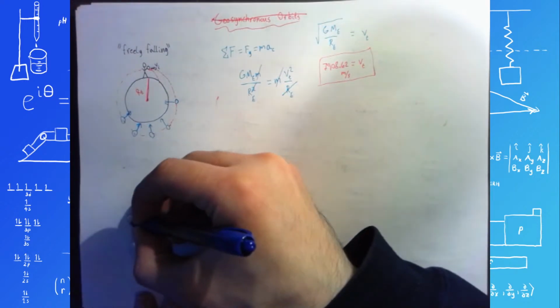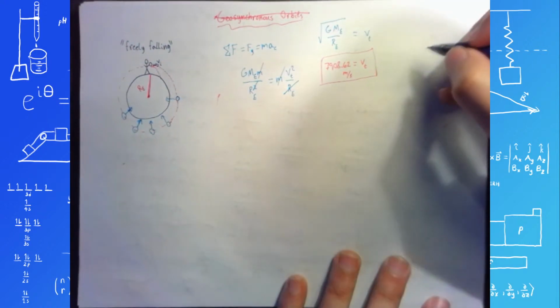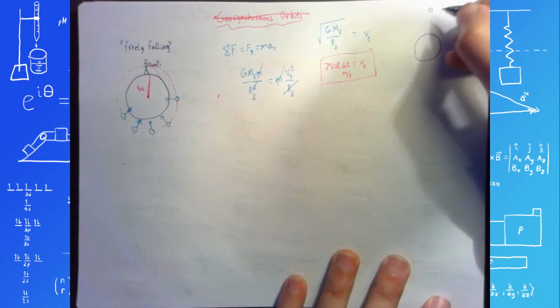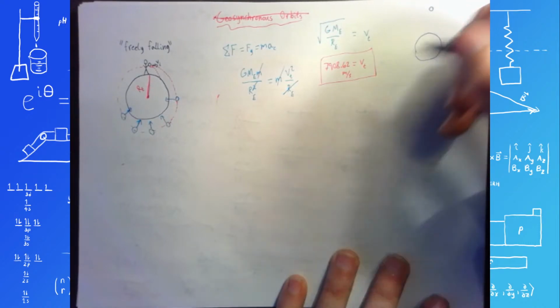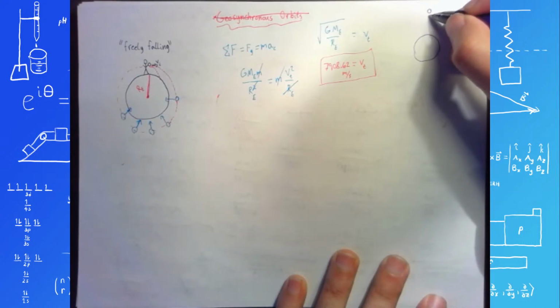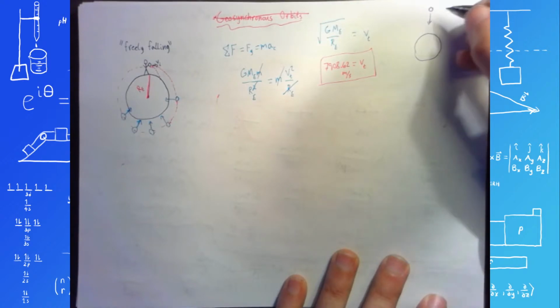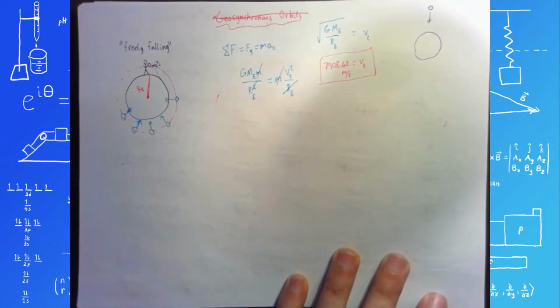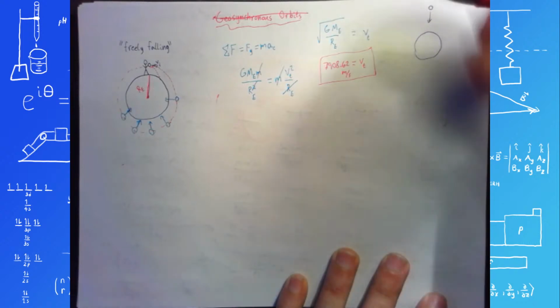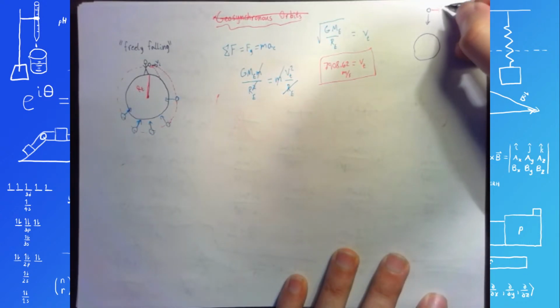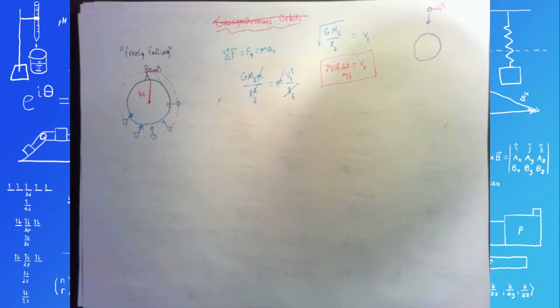The moon is a freely falling object. The moon, let me draw it over here. So here's Earth, here's the moon. The moon is just being pulled straight towards the center of Earth. Why doesn't it fall straight down? Well, because it has some sort of velocity, and its velocity is high enough that